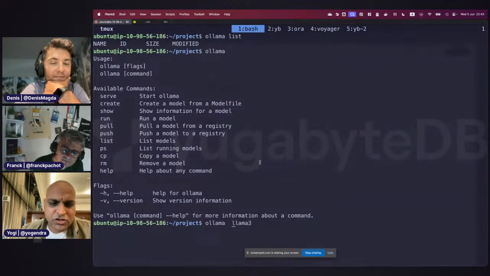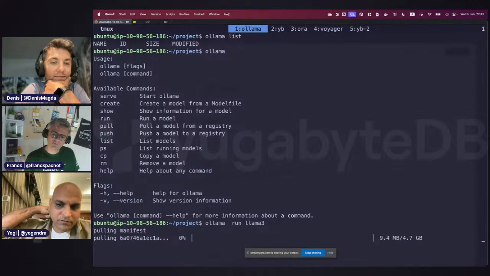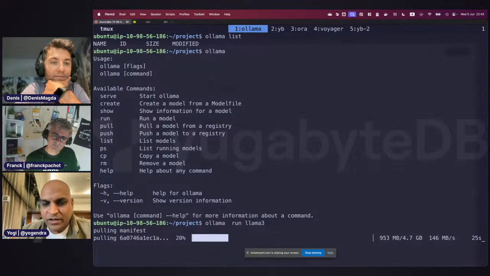You can just do an ollama run and it will pull and run for you, or you can pull separately and run separately. So if I say ollama run llama3, it will fetch the entire model. This particular llama3 model is about 4.7 gigs.